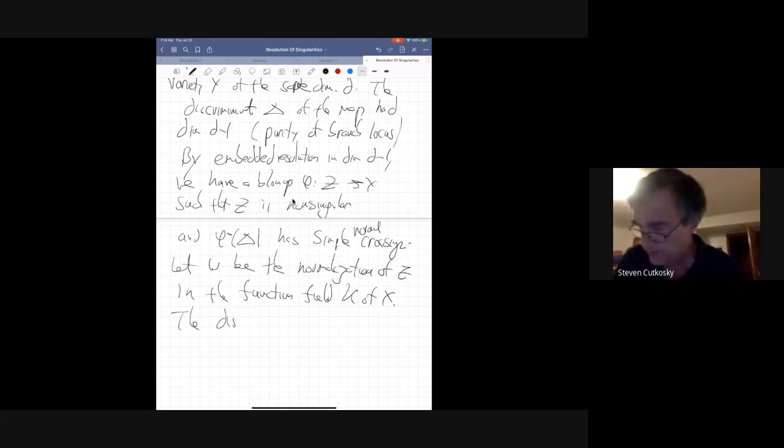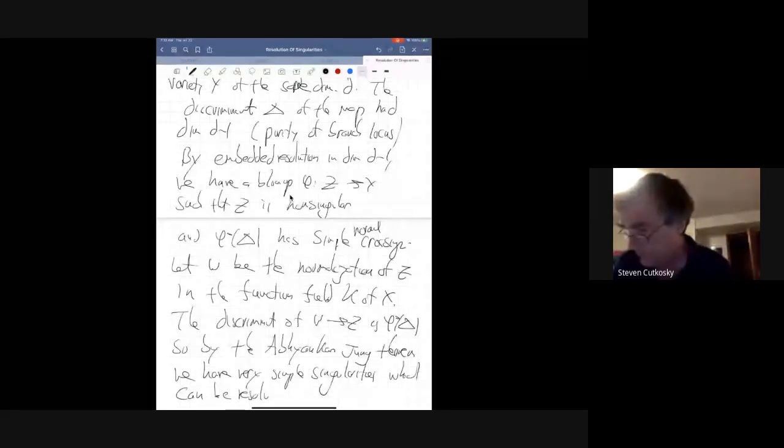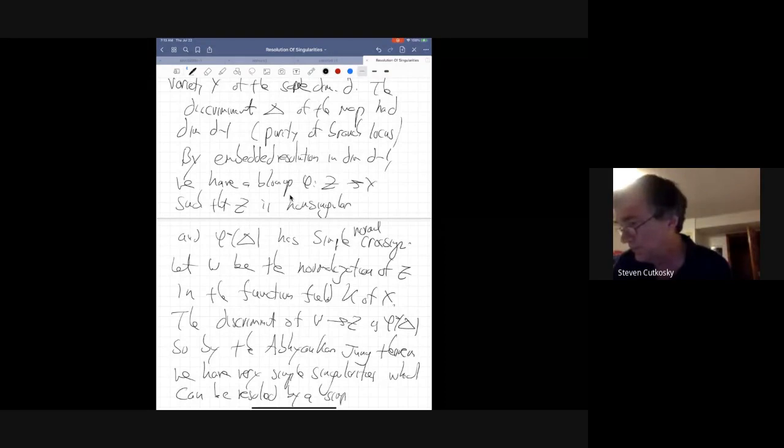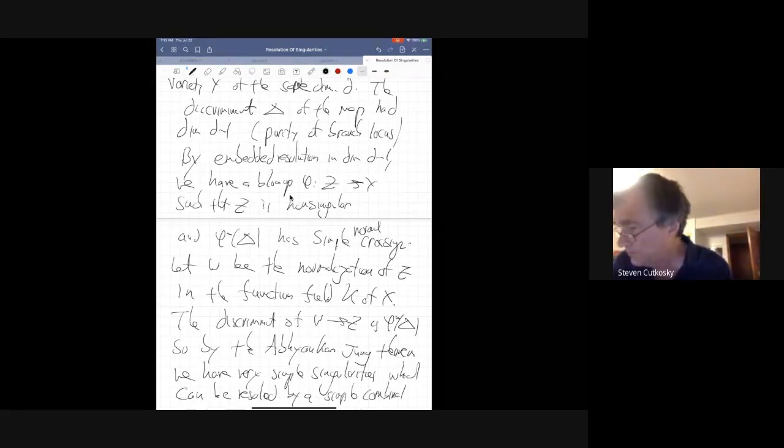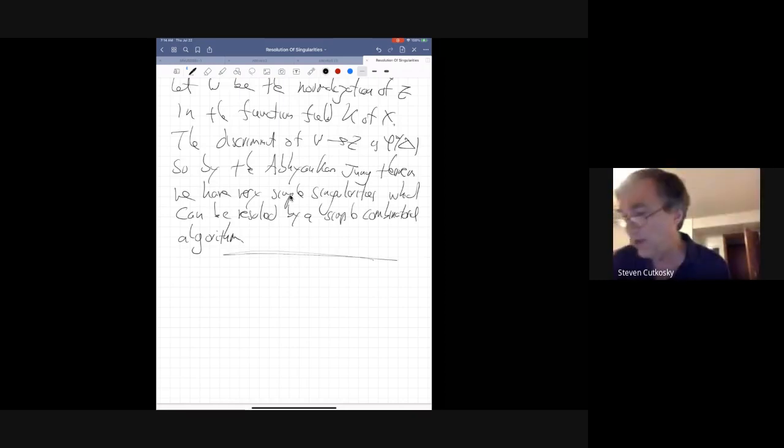The discriminant of W to Z is the pullback of delta, so by the Abhyankar-Jung theorem, we have very simple singularities, which can be resolved by a simple combinatorial algorithm. Okay, so this is kind of the ideal proof, and this is what